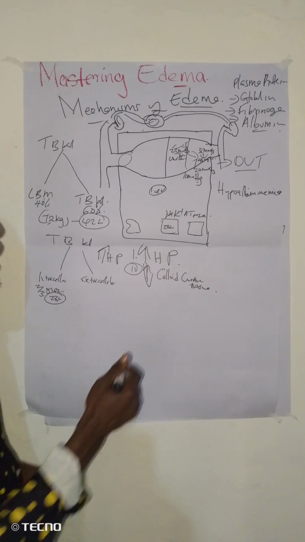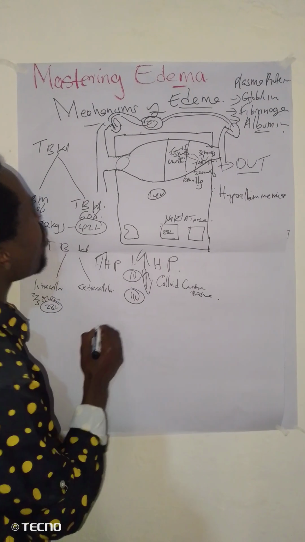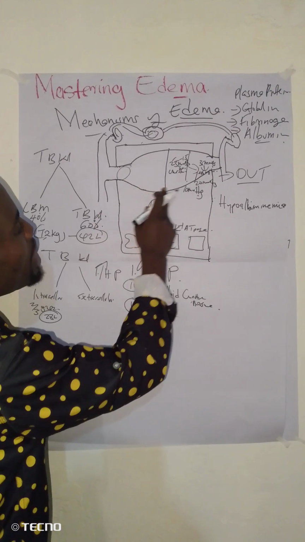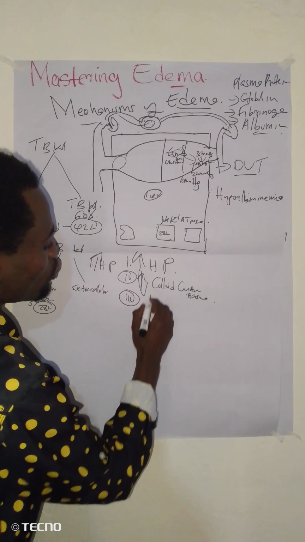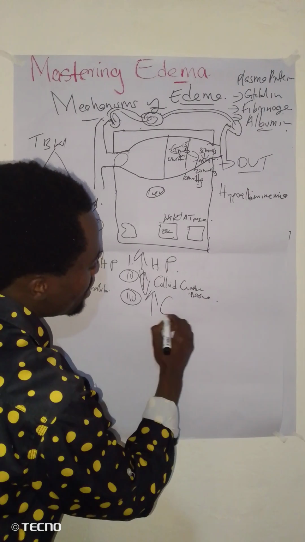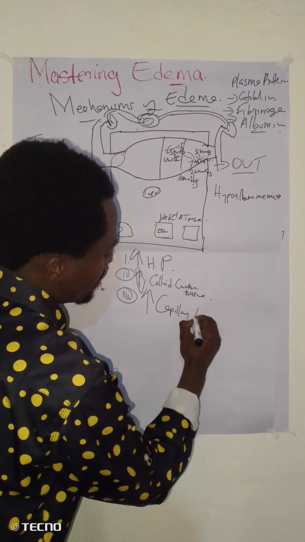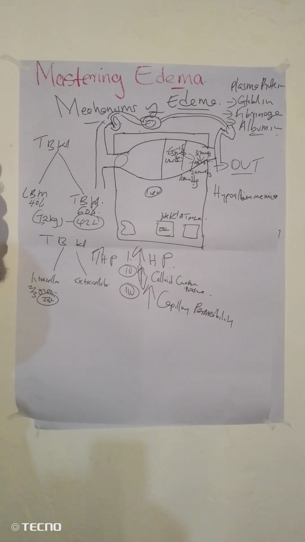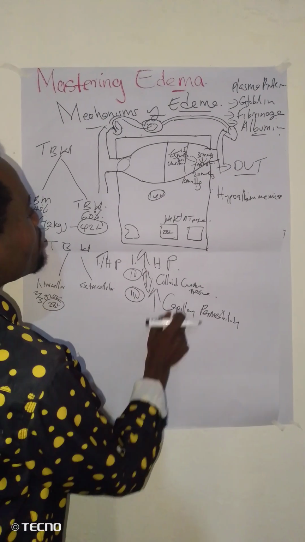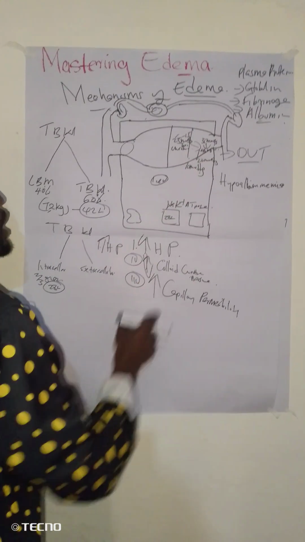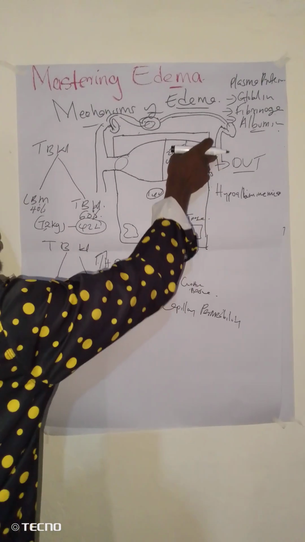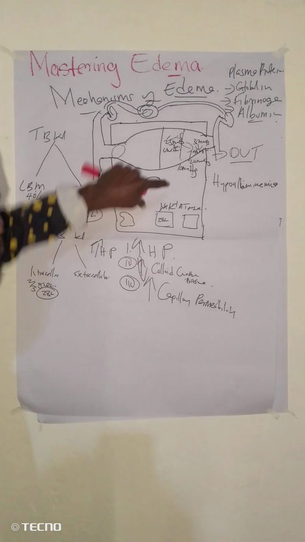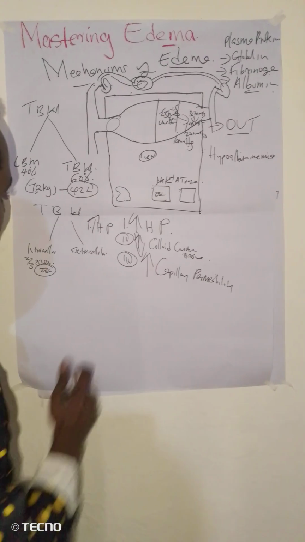Are we together? Number three of the mechanisms of edema is when there is capillary damage, so maybe when we talk of increased capillary permeability. Remember, when there is increased capillary permeability, excess fluid will also come into the interstitium. And when the fluids are coming into the interstitium, there's sodium that will try to trap water together into the interstitial space. Number four,